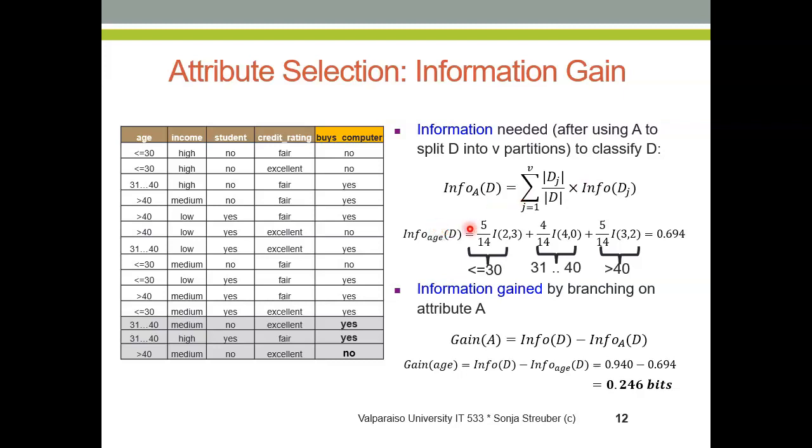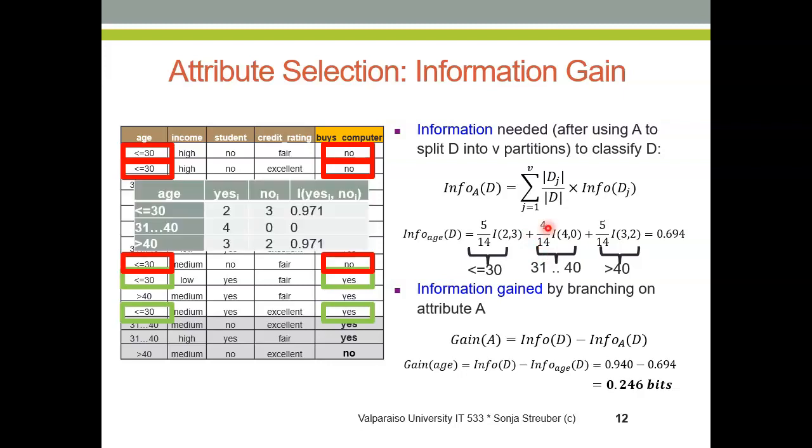For our under 30 group here, we have 2 yeses and 3 no's. That gives us 5/14, plus, and now we're looking at the 31 to 40 age group. We have the 4/14. You know, it's always good to have a frequency table like this one here. 4/14, and here we have 4 yeses and no no's. That's good. Plus 5/14 for our over 40s here, and we have 3 yeses and 2 no's. So that all comes out to